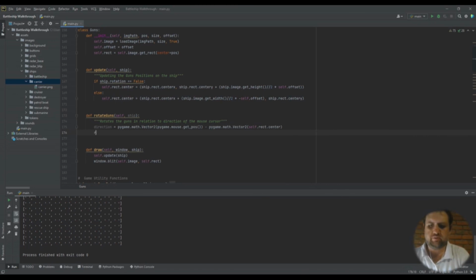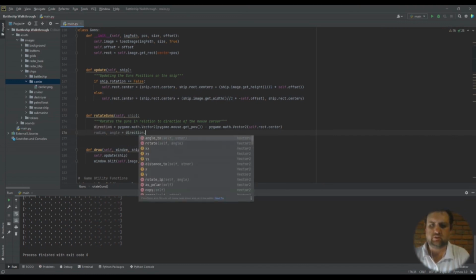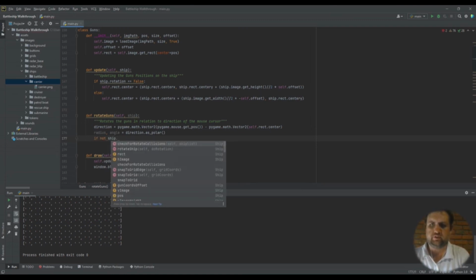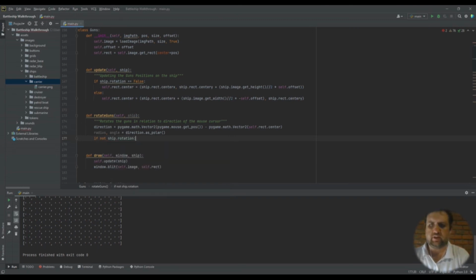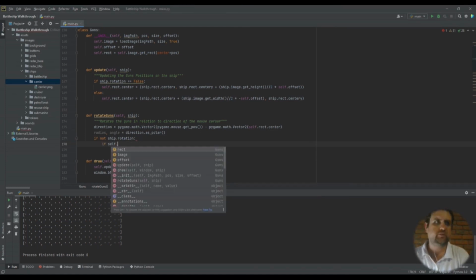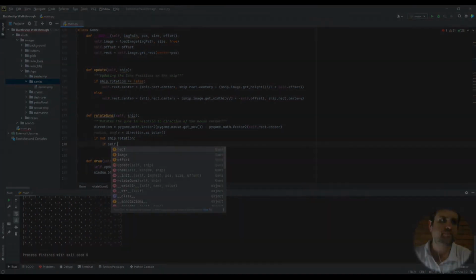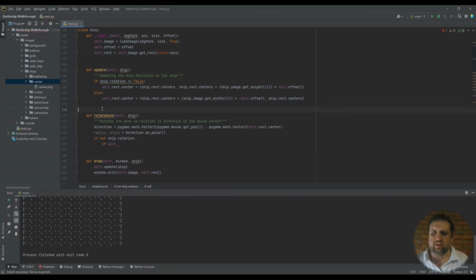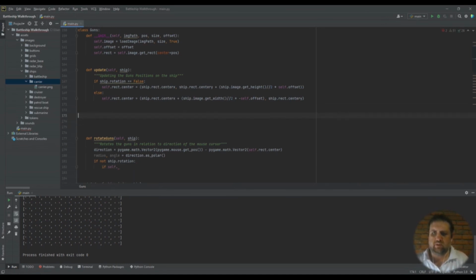So that's our direction, radius, angle equal to direction dot as_polar. Right. If not ship dot rotation, if ship rotation is equal to false, if self dot so rotate guns. Okay, well, while we're busy with it, I'm just going to create a little helper method,